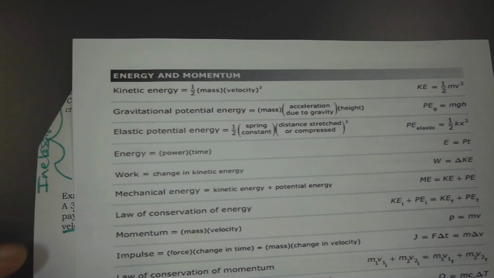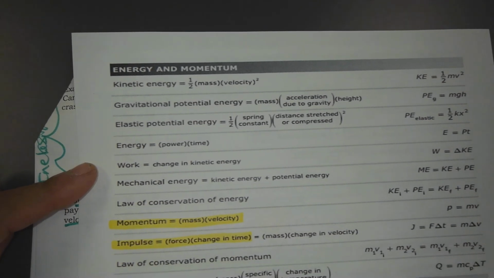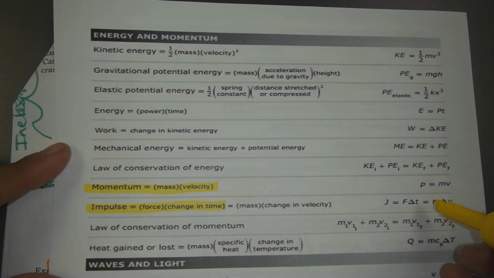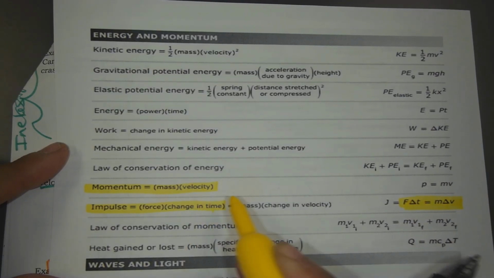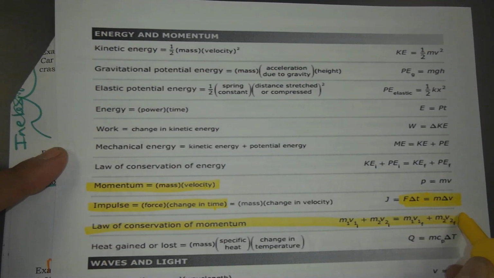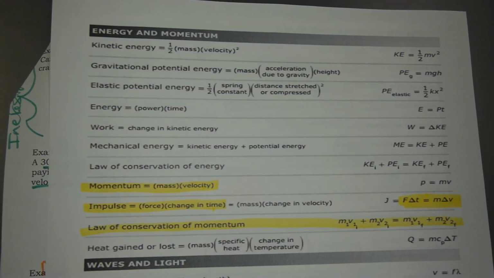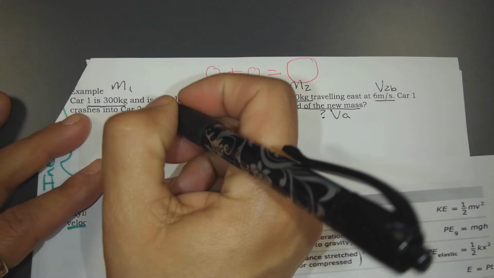Here's my momentum, here's my impulse, and if you look at it this way, impulse equals momentum, so 1, 2, 3, and the law of conservation of momentum is this generic equation. Well, I need to modify it if it's going to be an inelastic or an explosion. Okay, now this is an inelastic, and so for this situation,